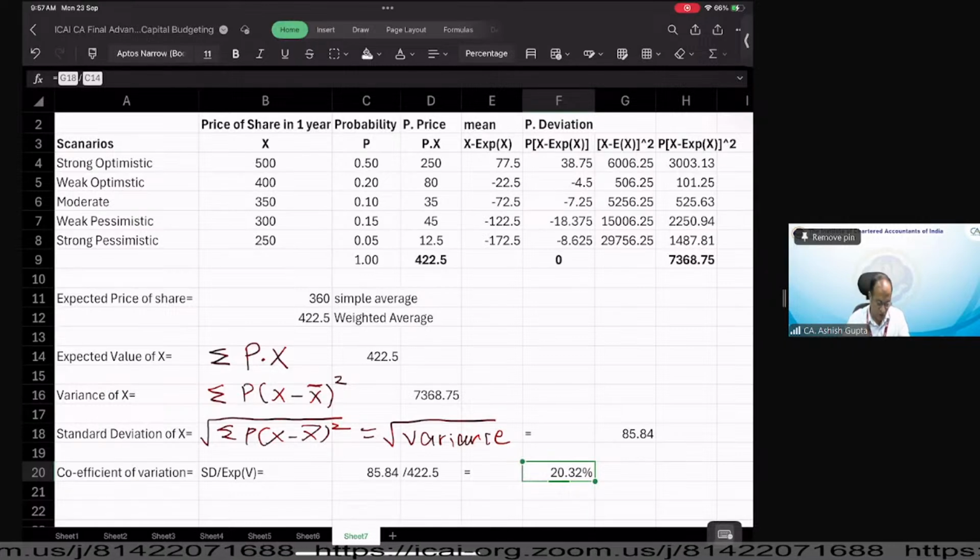Okay, students, now I am just briefing what the sir has discussed. When we talk about inflation, please remember the golden rule: we discount the real cash flows using the real discount rate, and if we are using the nominal cash flows, then we should use the nominal discount rate. NPV in both cases will remain the same.